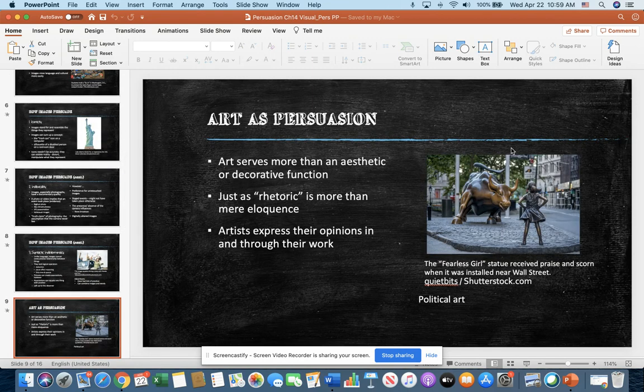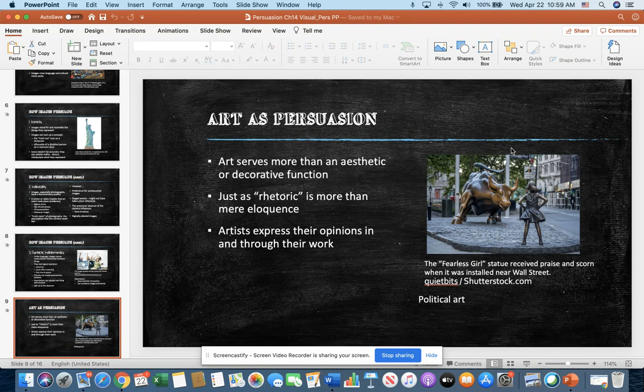Now, they had an interesting portion on art and the power of art to persuade. We want to think that art is just more for the aesthetic pleasure of enjoying it, seeing it, but it's more than that. It's not just decorative,